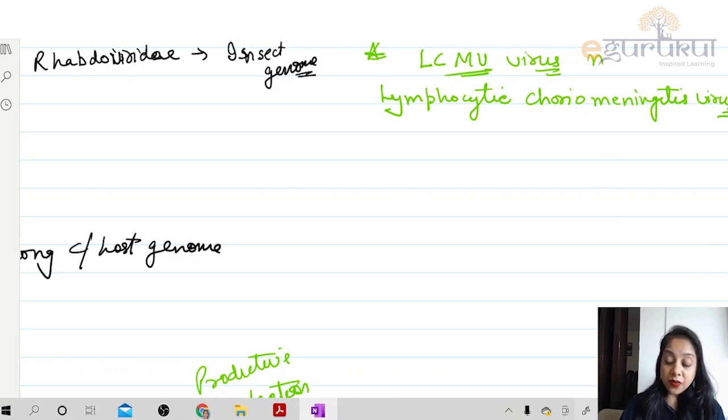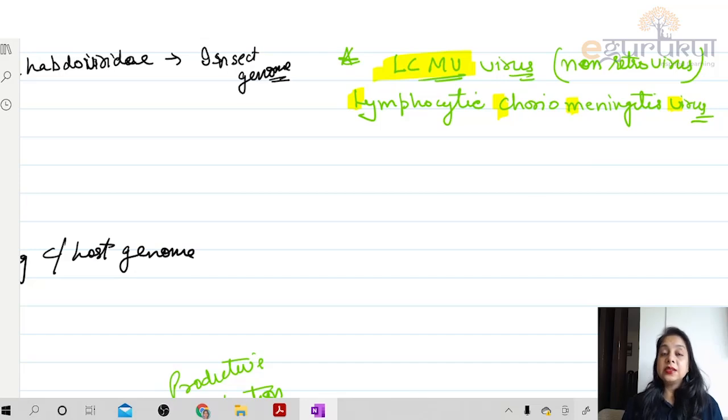This is a known retrovirus, LCMV, lymphocytic choriomeningitis virus, right? These viruses have been integrated into our human genome, and studies have shown and proved it to us. Okay, so now why are we actually discussing all this, the host genome integration? Why the hell are we doing it? The question is,